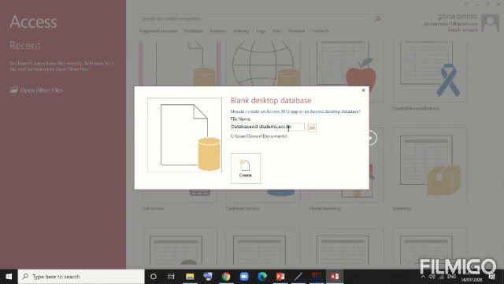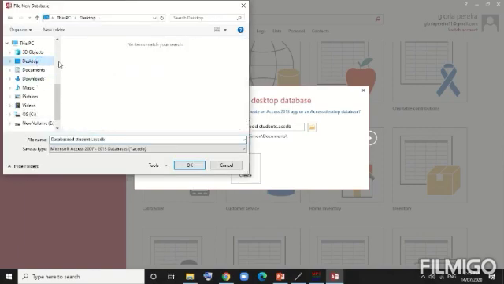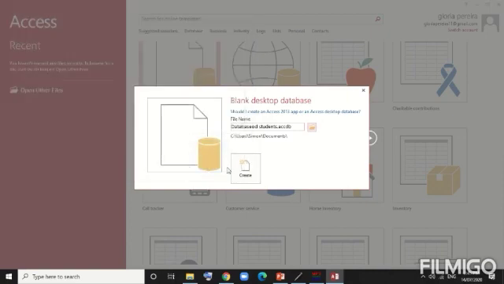The file will be saved with the extension ACCDB, that is, Access Database. And here you have to select where you are going to save it. For example, I'm going to save my document on the desktop. So select the desktop, browse, click OK, and now you can click on Create.